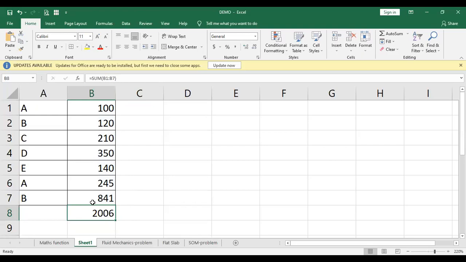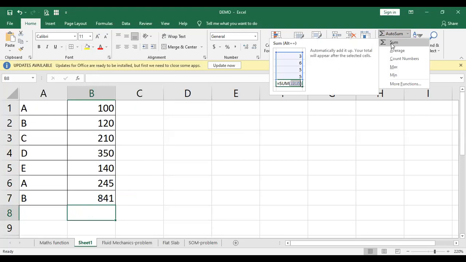If you want to highlight this sum, you can simply go to the font color, and red color will be there. That's how it is the sum. There is another option as well. I'll delete this. You can go to this option, AutoSum. Click here on AutoSum and then click on Sum.